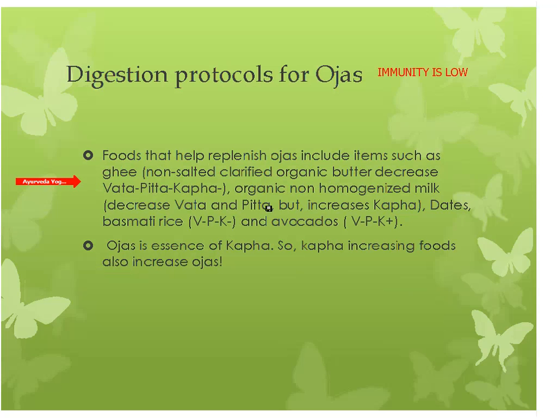And what are the things if somebody's immunity is low, prana is low? You give them ghee. I'm going to write this down. Ghee, dates, figs, milk. These things will increase ojas. And we are talking about not your regular milk, but organic milk, which is non-homogenized, and only cow's milk. Not buffalo milk or goat milk, only cow's milk. All of this will increase ojas. But if someone has ama, you don't want to give these things. So you have to be sure that they don't have any coating on the tongue.